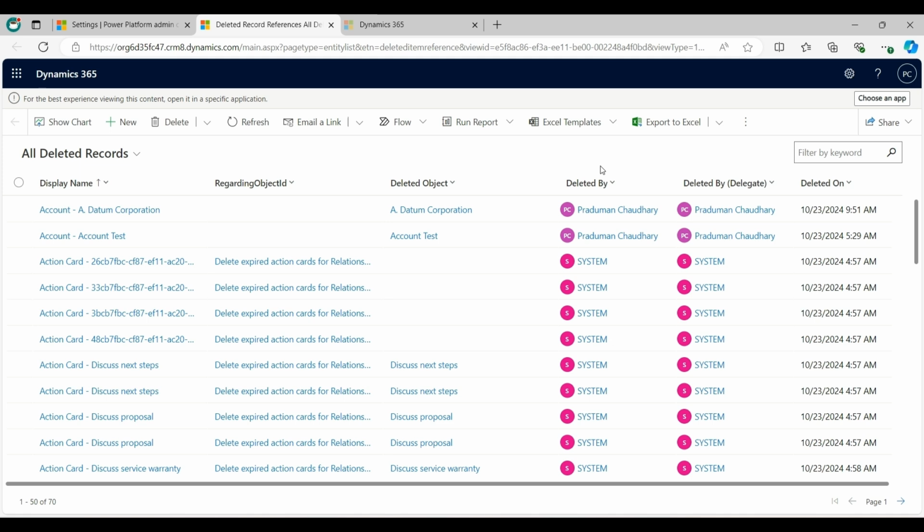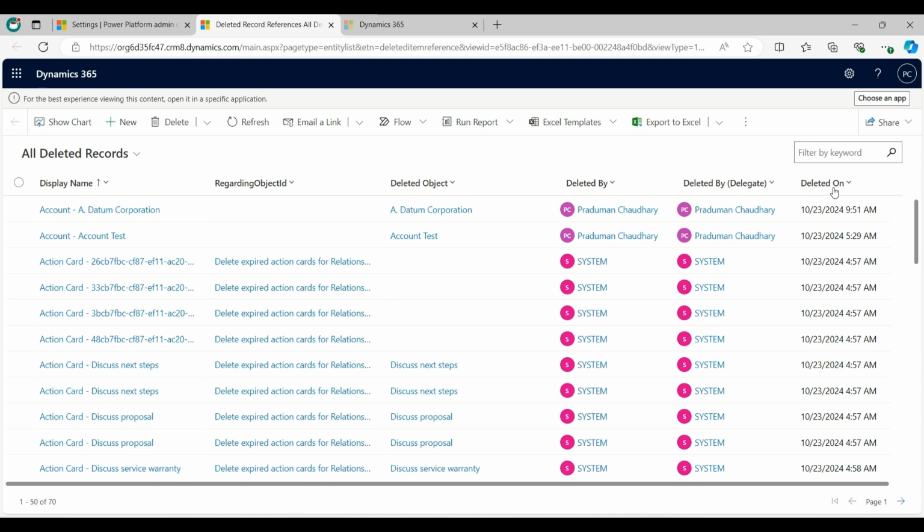The reason those are deleted is because of that cascade delete configuration that we might have in the system. If that happens, you will see here that deleted by shows the actual system account. And the deleted by is really the person that initiated that delete. So if I deleted that account, then the opportunity and the contact, whatever else was also deleted.